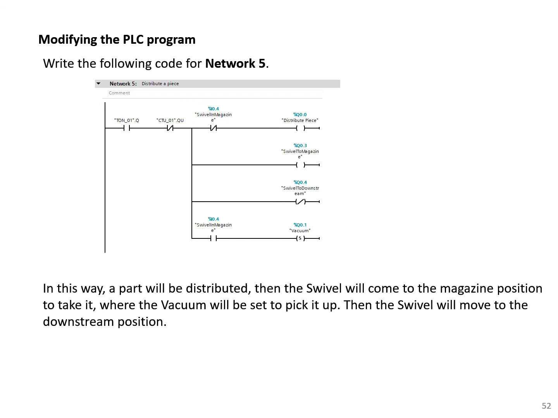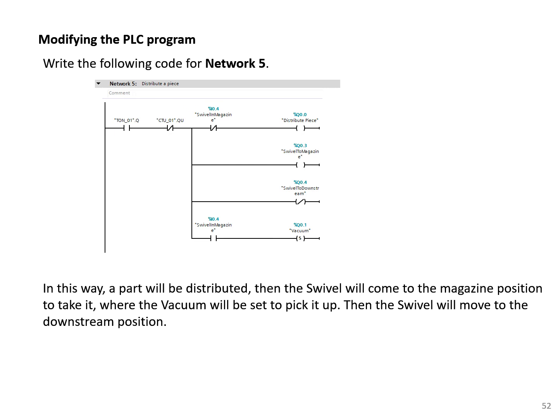So this is basically swivel to the magazine position to take it, where the vacuum will be set to pick it up. Okay, so here we are setting the vacuum because we want to keep the vacuum on through all the course of the movement of the swivel. Then the swivel will move to the downstream position. How will it go back to the downstream position? By this